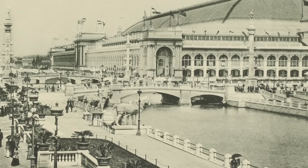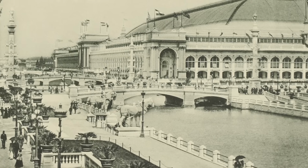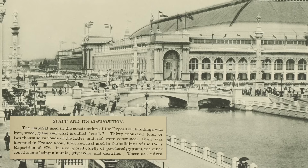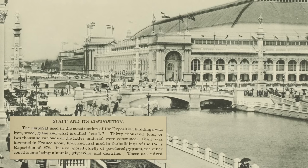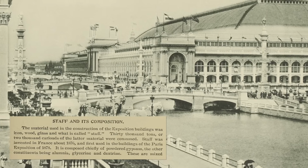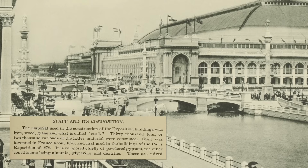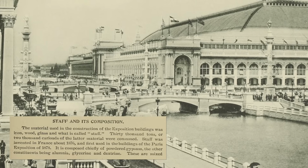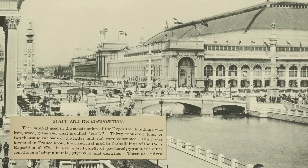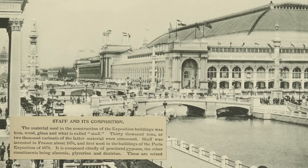We actually have a small section within a publication called The Best Things to Be Seen at the World's Fair. It reads as follows. The material used in the construction of the exposition buildings was iron, wood, glass, and what is called staff. 30,000 tons or 2,000 carloads of the latter material were consumed. Staff was invented in France about 1876 and first used in the buildings of the Paris Exposition. It is composed chiefly of powdered gypsum, the other constituents being alumina,